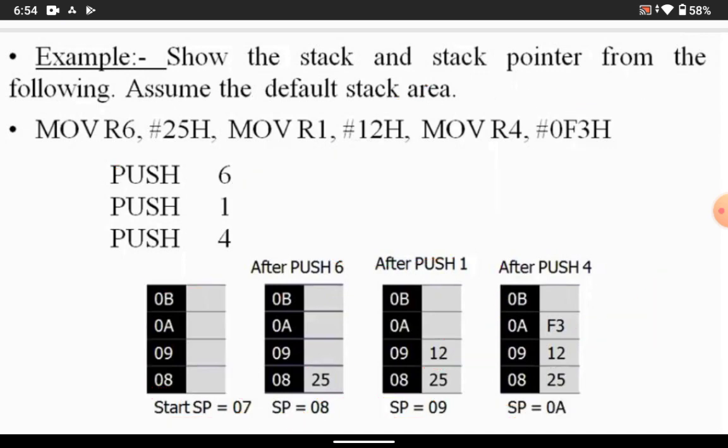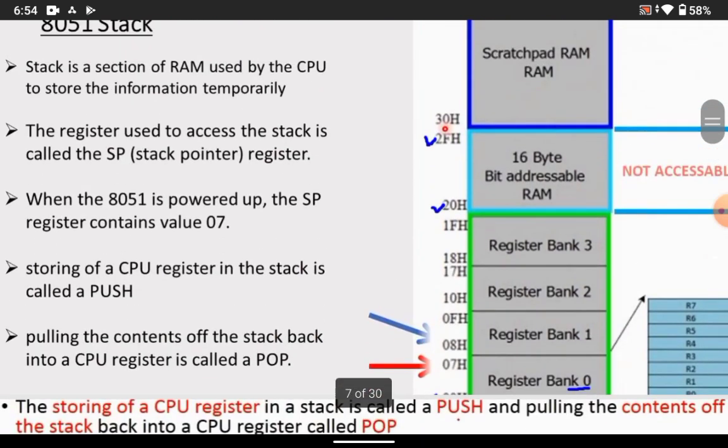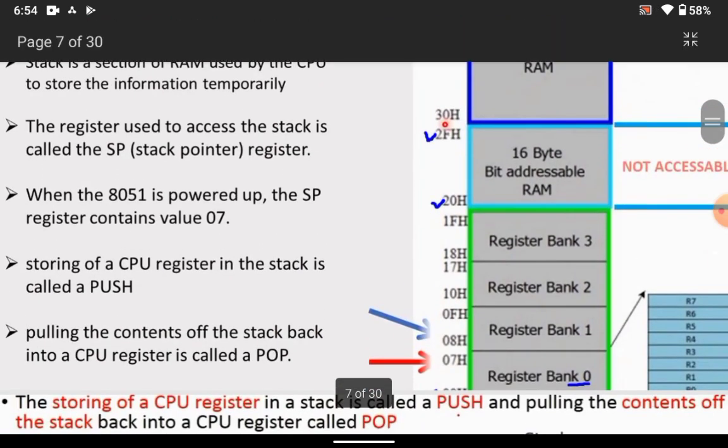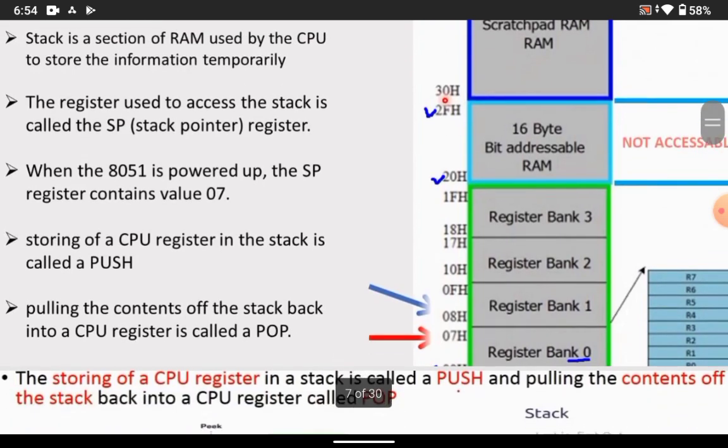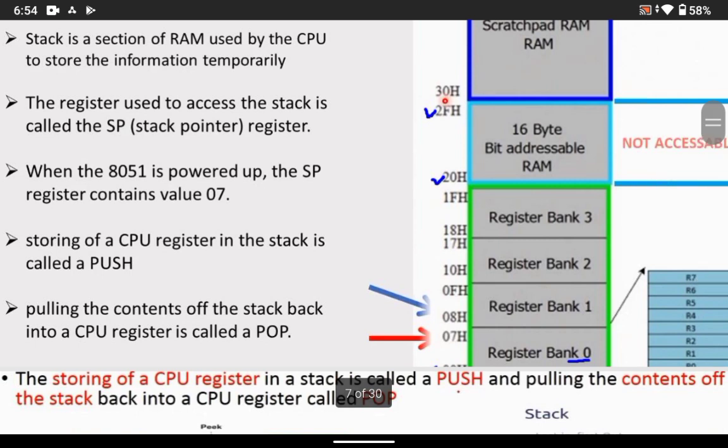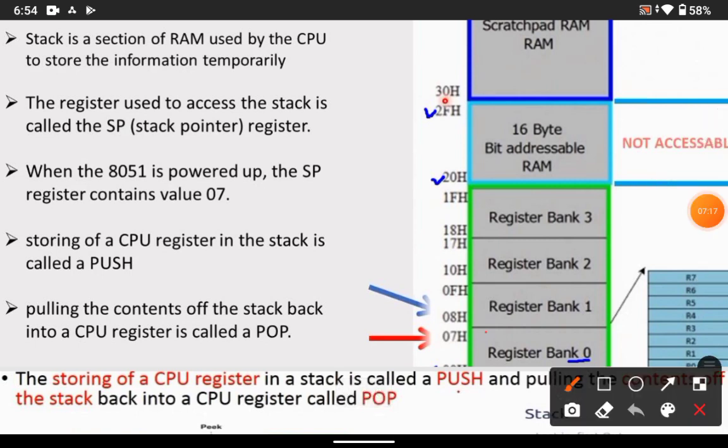So this is the push instruction. We are pushing something. One thing you need to remember is the address location. On what basis have we written 08, 09, 0A? That is the address location of register bank 1. Initially the stack pointer will be showing 07. So the stack pointer default location is 07, and when we use push it has to come and sit in 08 only. 08, then 09, 0A, 0B, like that. So we should know these hexadecimal address locations.